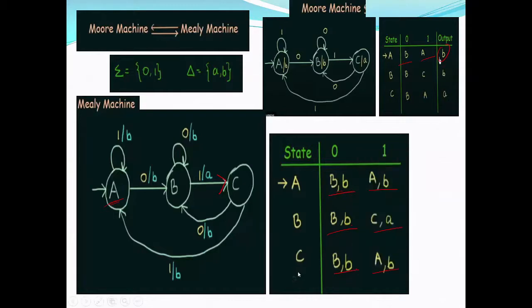Now C, for example, is producing an output of A. In the table, wherever you see C, there you can write A, because I am coming into C. So for example, I take A. A's output is B, so whenever I make a transition into A, I have to get an output of B. So this one. And for B, the output is B. So in the transition table, whenever you enter into B, we will make it. It's very simple.